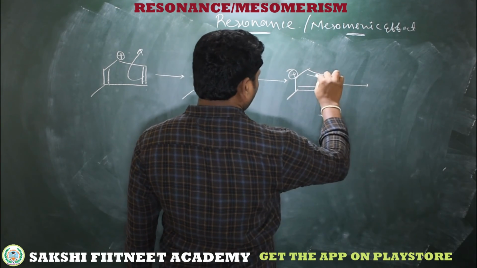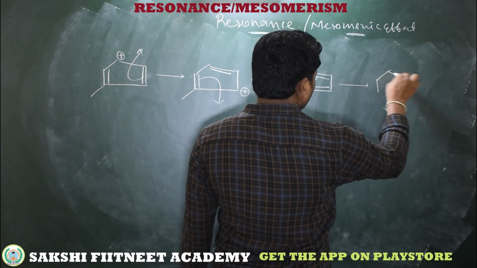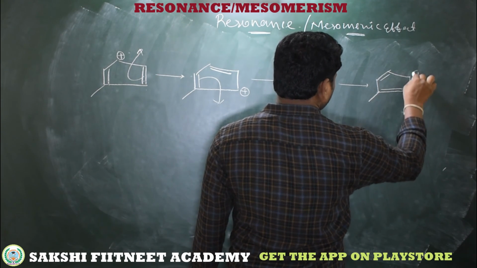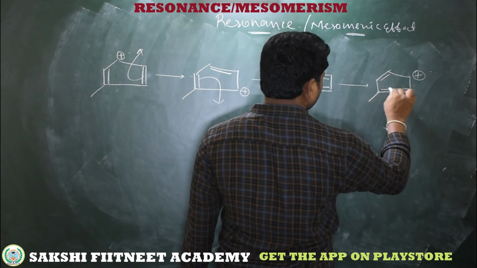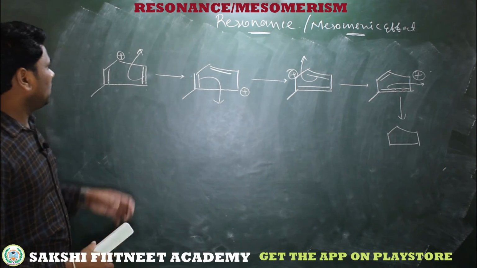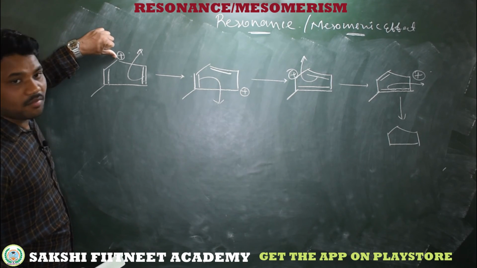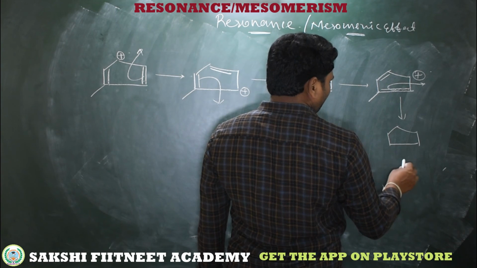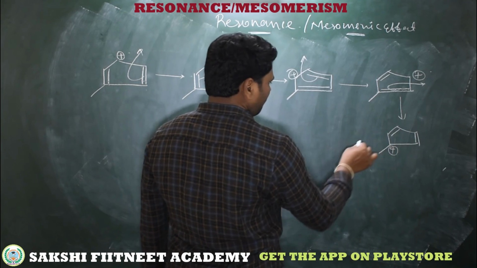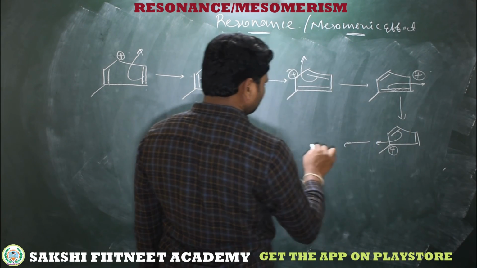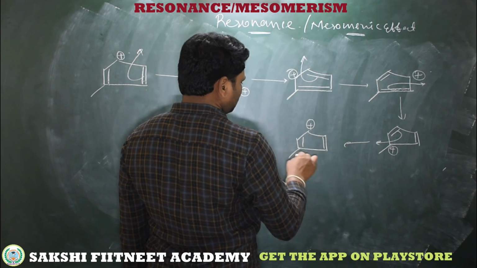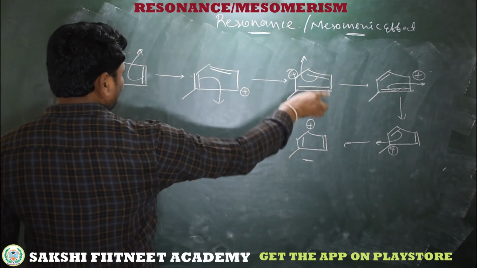Here. So next what happened? This shifts here towards positive charge. So we'll get bond here, this is as it is. This is a positive charge. Next step, this is going to shift here. You just continue the resonance structures till the positive charge occurs at the same carbon. These pi electrons are shifting here. Then we are getting pi bond here, this is substituent. This becomes positive charge. Next, see these electrons shift here, then positive charge as it is. So these are the resonating structures for this compound.